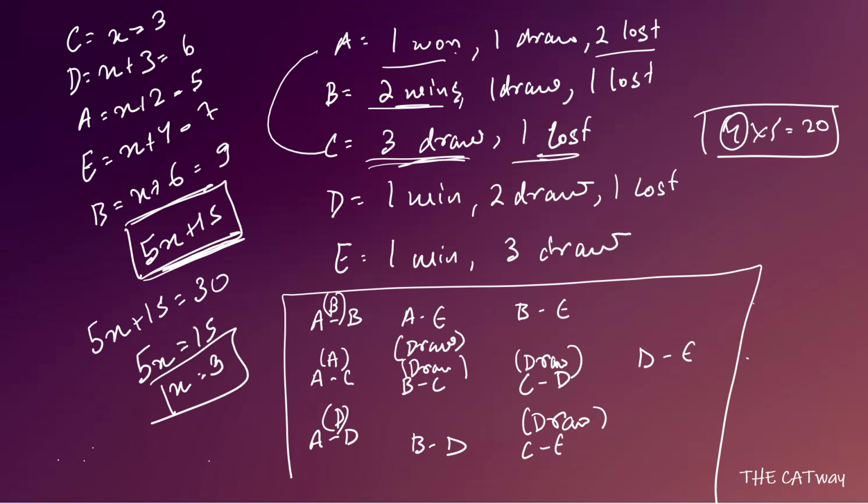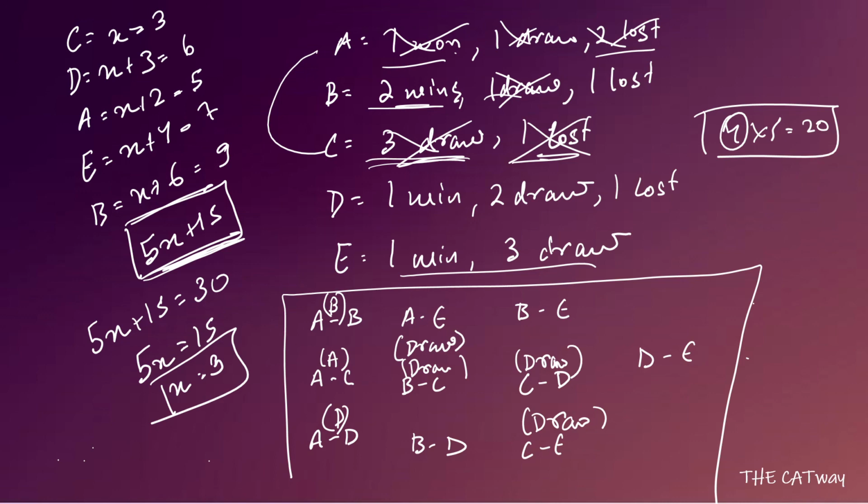Now let's see what has been done. So for A we have completed all the matches. For C we have completed all the matches. Let's see for B what we have done. We have done his draw match. Okay, so let's see now what we are left with. So B has only one draw as we can see, and he has played that draw match against C. So that means the match between B and E, E must have won, because the reason behind that is that E has not lost any match and now B cannot play a draw match with E. So that means B is going to lose to E.